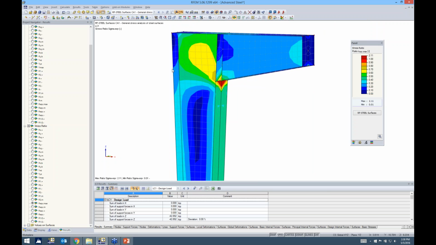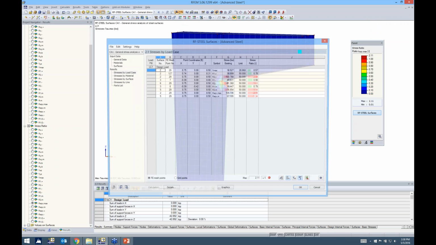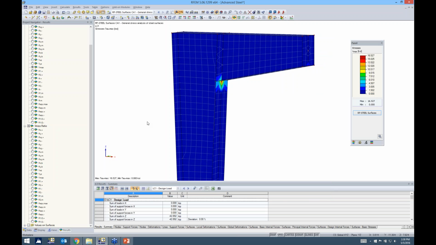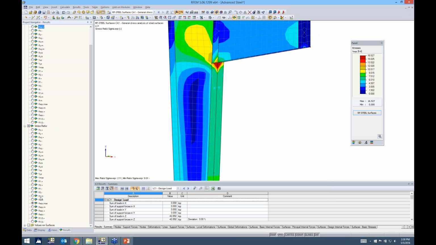Now, the other thing that I showed you is that back in the details button, and now it's available here, we have FE mesh points versus grid points. So like I said, the options now are FE mesh points. And if I go down here at the very bottom, I can go ahead and view my values on the surface. And here we can see that if we click on FE mesh points,